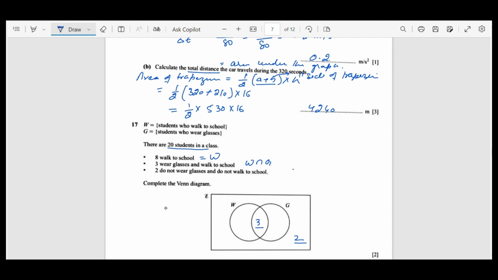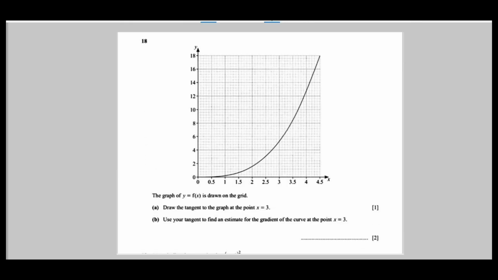Total number who walk to the school is 8, so that will be 5. And now 5, 3, 8 plus 2, 10. We are 10 students left with here, it will be a 10, right? Next question will be